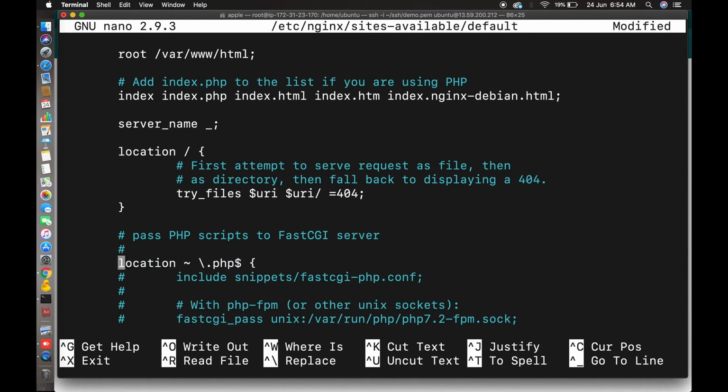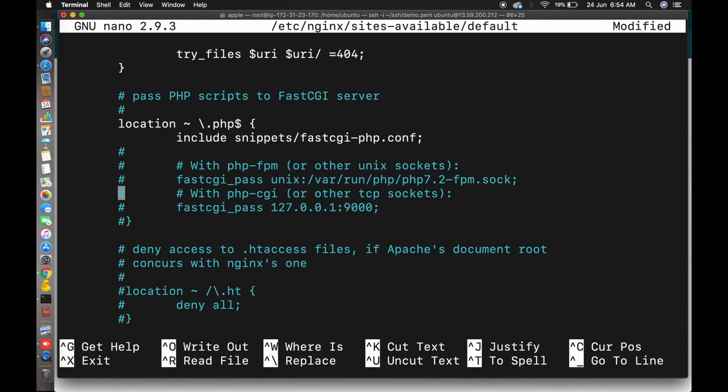Here you just uncomment the lines, the FastCGI configuration, then fastcgi_pass, where you connect the PHP version socket file. You have to mention your version name. In my case it's 7.2, and you might have 7.0 by default, so you have to edit this.